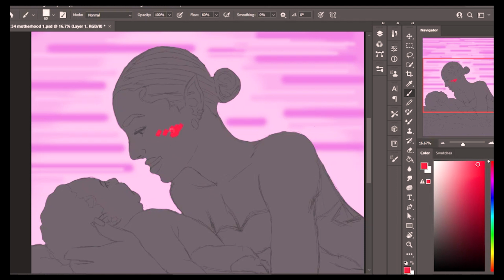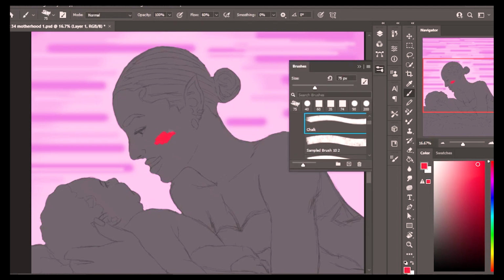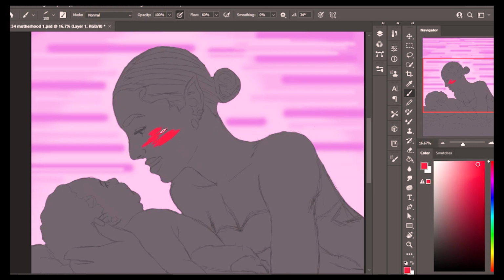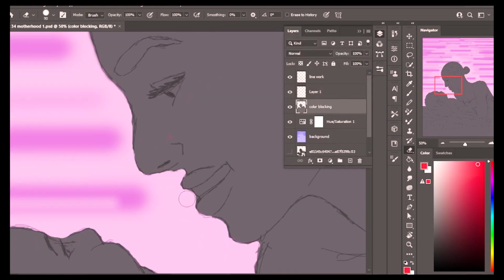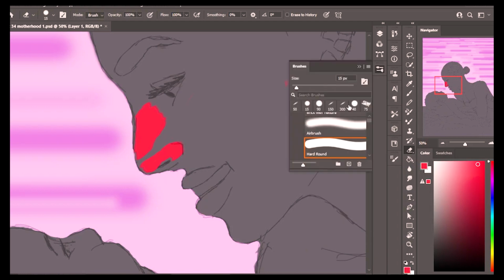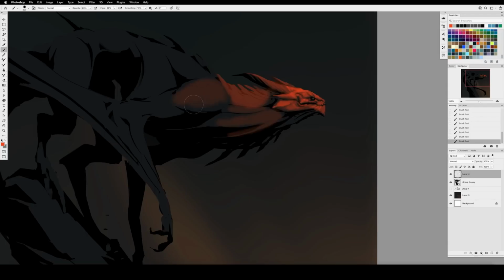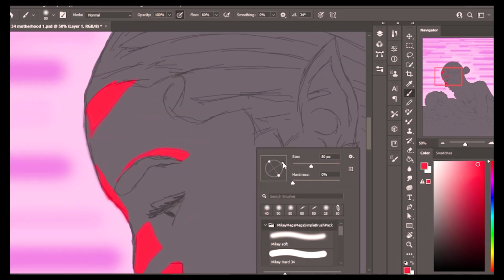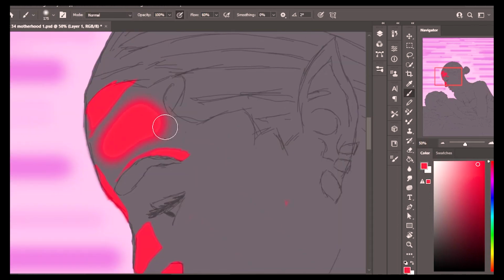Okay, so after that, the next thing I will usually do is put in other colors. Now I'll deal with the hair, the clothing, and all that good stuff. But for this piece, what I was learning was trying to bring in some anatomy from character design, understanding of principles. So with that being the case, I tried doing that off the top of my head